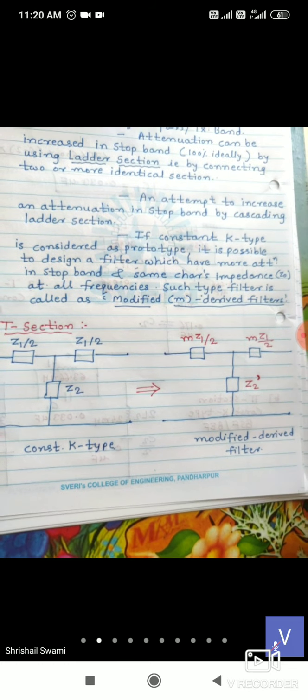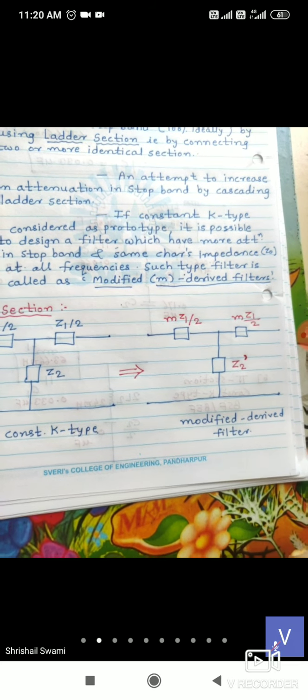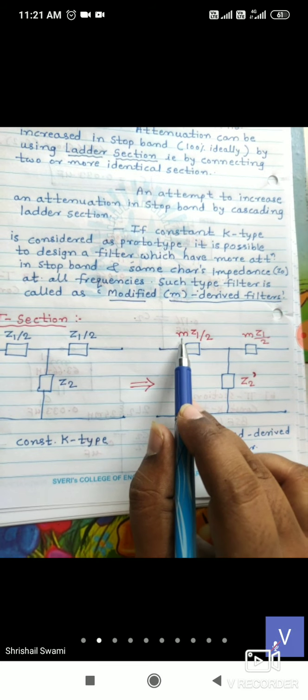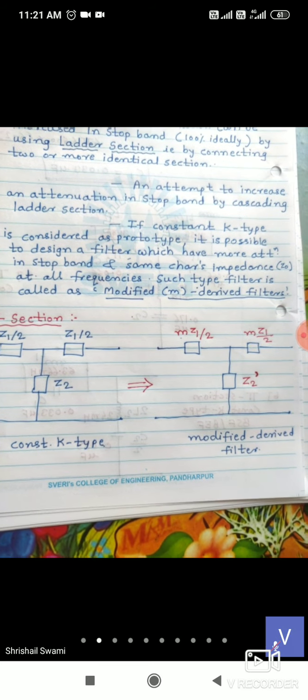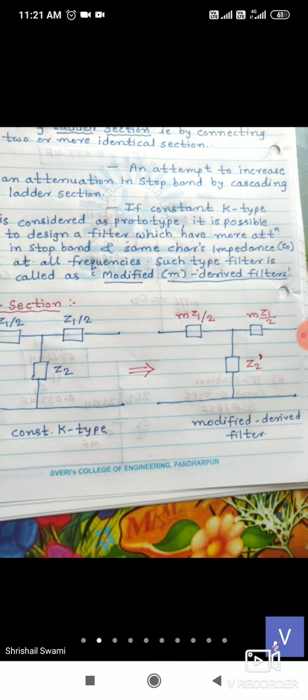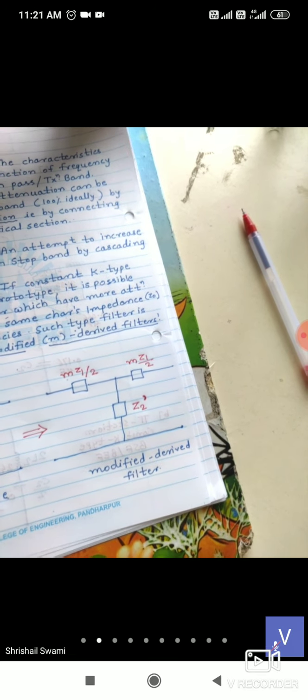Okay, so this will be the T section. So what will be the value of Z2 dash that we are going to calculate? Z2 dash म्हणजेच नेमकं काय? Only M is multiplied. M is some constant value, some integer value. Okay, this we can easily understand. But what is the Z2 dash? So that equation we are getting with the help of already two derivations we have solved in the filter section. I told that that derivation will not ask, but the final result will ask. The final formula will be required. Okay, so that we can recall now.